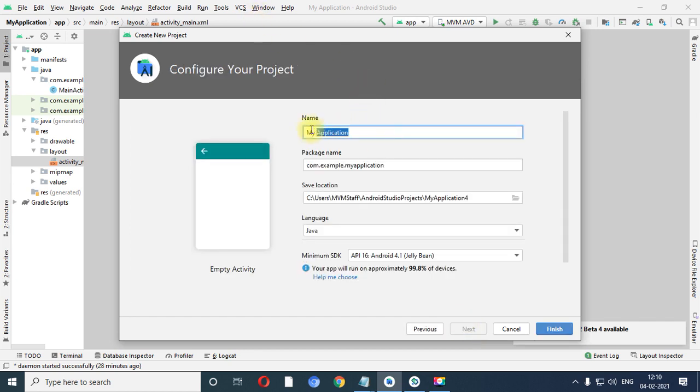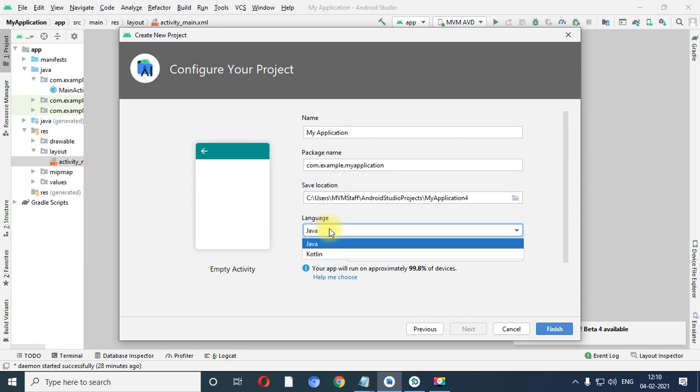Over here it displays the name of your application, it contains the name of your package, it contains the location in which your project is stored. The language provides you two options, one is Java, second is Kotlin, but in our syllabus we have only Java, so we select it by default.